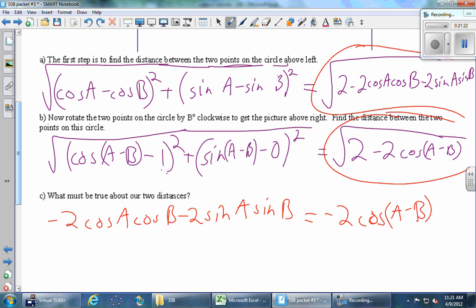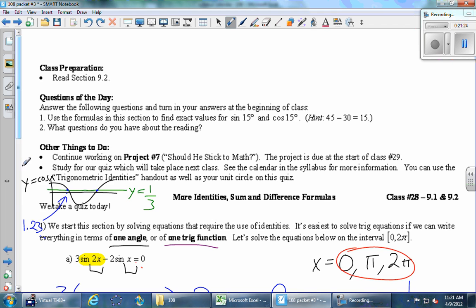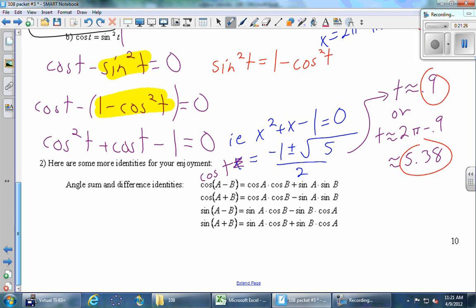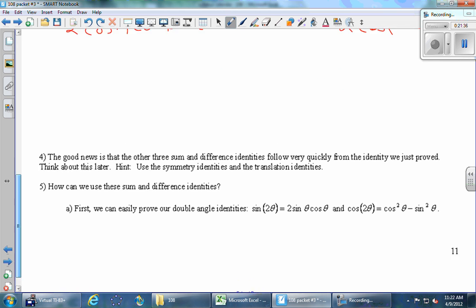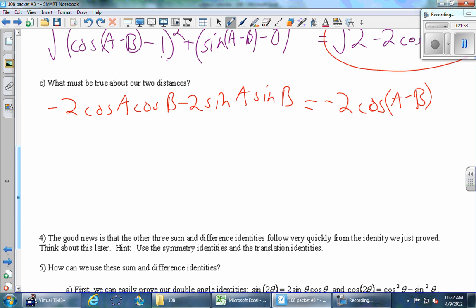If we divide everything by -2, you'll end up with exactly that. Okay? All right, the other three, once you know one, it turns out the other three are easier to